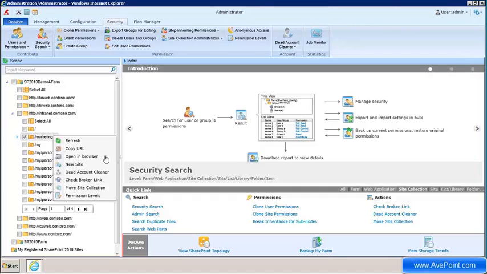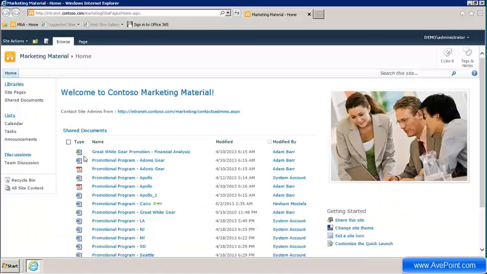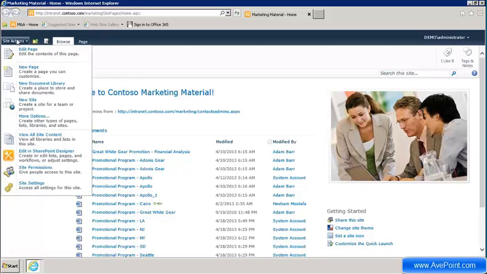And this is actually a good opportunity to show you other options here. So for example, I can check for all the broken links within this site collection. I can move the site collection to a different place. I can check the permission levels. In my case, I'll just open it in the browser to make sure that this permissions cloning has been executed successfully. Go to site settings,